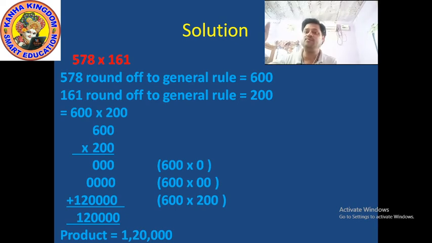when we see starting from ones place, 0 plus 0 plus 0, it becomes 0. Now move to tens place, 0 plus 0 plus 0, it becomes also 0. Now move to 100 place, means 0 plus 0 plus 0, it becomes also 0. Now move to 1000 place, 0 plus 0 plus 0, it becomes also 0. Now move to 10,000 place.